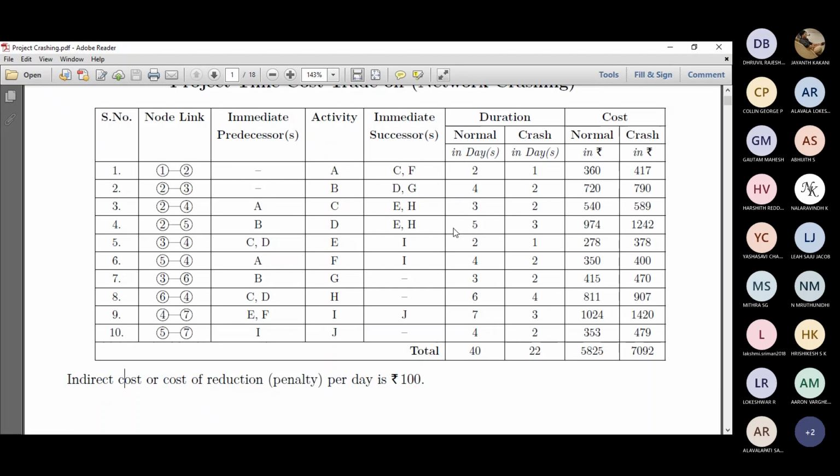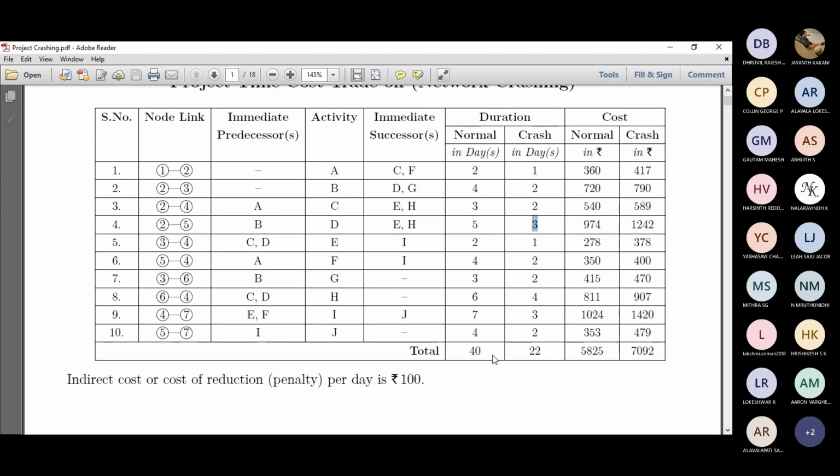The reason I just put this indirect cost is that this normal duration is what they put in the contract clause. Like the project gets completed by 40 days. But during some time, we might prolong a particular activity so that this 40 days now becomes 44 days. In that, the project manager will decide that this has got 2 days, since 5 minus 3 is 2 days.